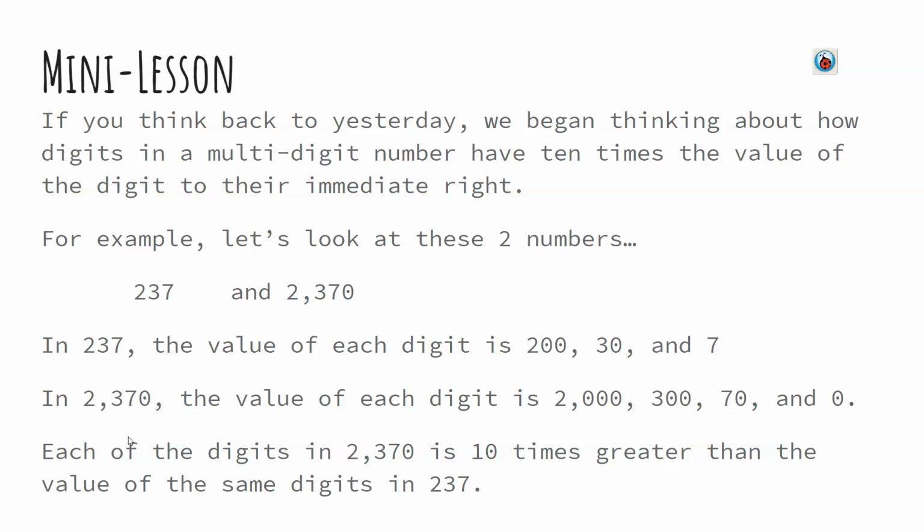2,370. Okay, in 237, the value of each digit is 200, 30, and 7. So all that is expanded form for that number, and you have 2 hundreds, 3 tens, and 7 ones. For 2,370, if we break those place values apart, we have 2 thousands, 3 hundreds, 7 tens, which is 70, and 0 ones. Okay? So now, what we need to remember is that every digit in 2,370 is 10 times greater than the value of those same digits in the number